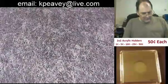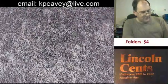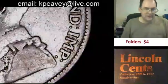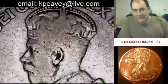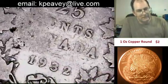There is a lot of coins out there that people are not familiar with. Lincoln cents are the dominant coin. Always will be. Have been for a very long time. Just because they're cheap. They're easy to get. You had a tremendous array to choose from. It's probably the easiest set to assemble. And there's only a few dates that are really, really hard. 25-cent Canada,